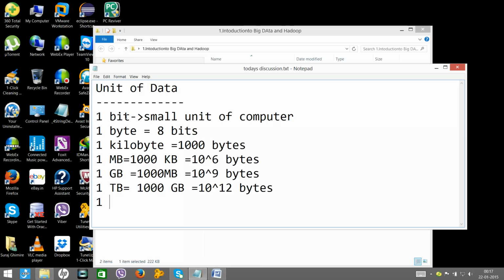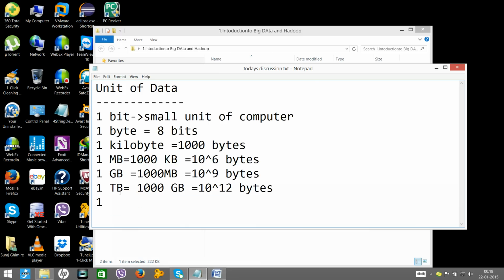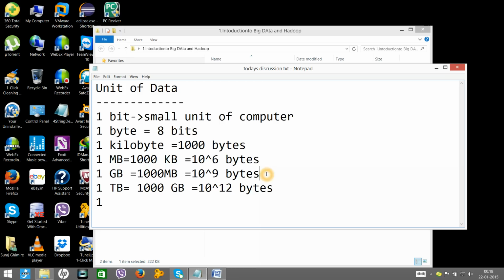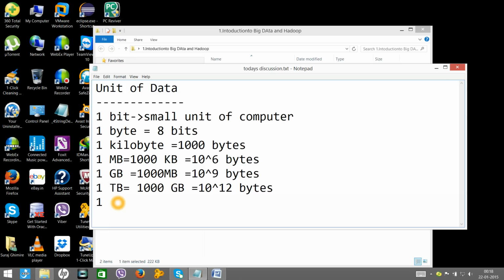Till now, whatever units we discussed, we might already have come across, right? Nowadays, whatever computer or laptop you buy comes with at least a terabyte of hard disk as well. So we can assume that these are all small data. It can be processed. When we say big data, generally you can consider terabytes also as big data, but anything beyond this you can still consider as small data.